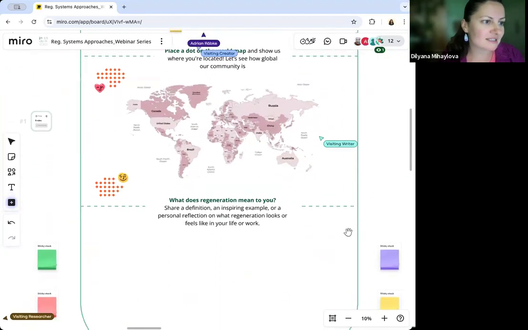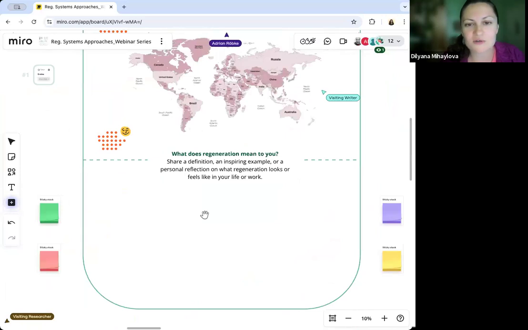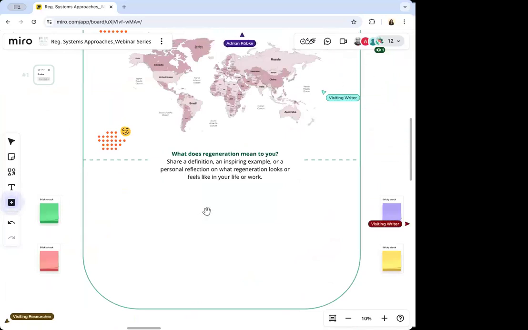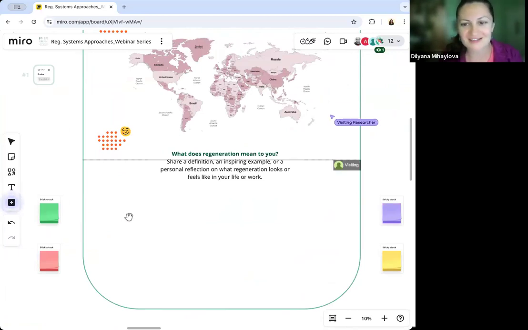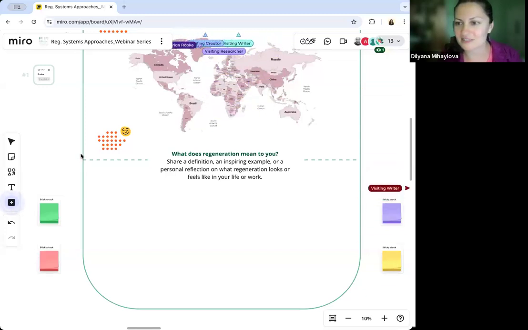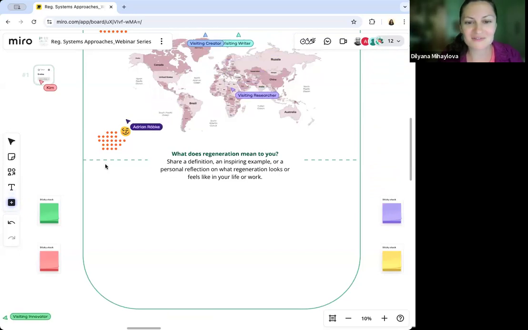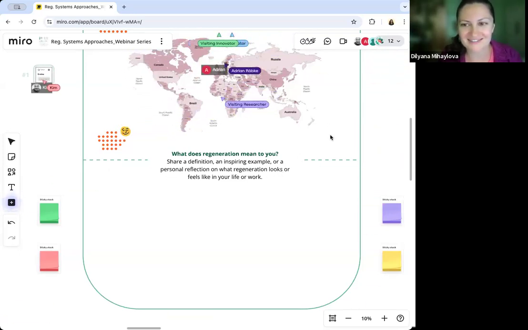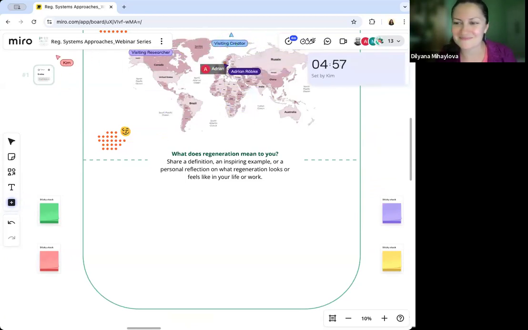And then at the end, I would love to know what regeneration means to you. You're welcome to capture this in the form of definitions, questions, one-word metaphors, open questions you're holding. Feel free to treat that as a rough brainstorm to start us with. We'll have 5 minutes for this. I'll have a quick timer. This will be a solo quiet exercise. So I'll leave you to it, and any questions, please let us know in the chat. I hope that's clear. Thanks, everyone.